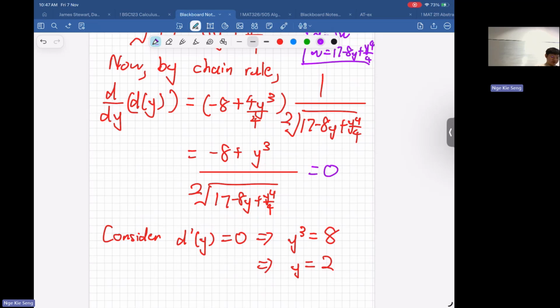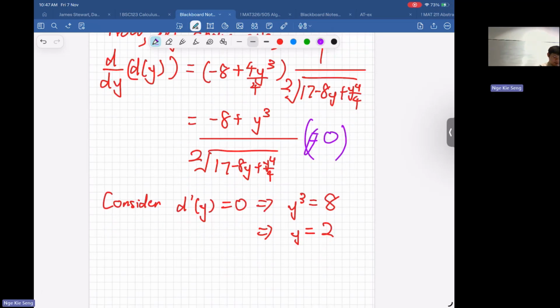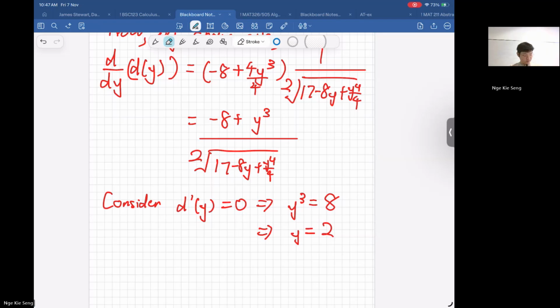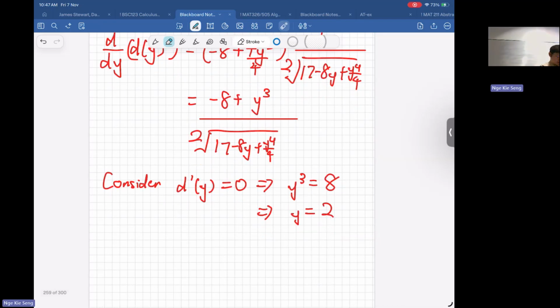Everyone okay, right? To make this 0, your numerator must be 0. Okay. Yeah, so what's your x? So should we use the first derivative test? So if we consider, from the first derivative test,